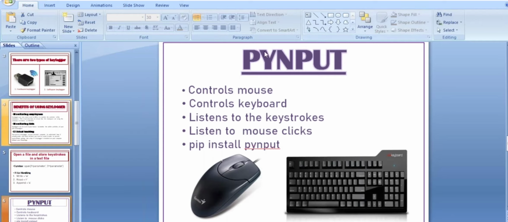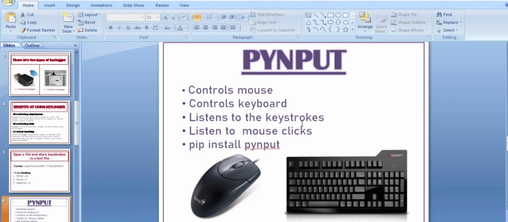Now, by controlling the mouse, what I mean is, if I want, I can move my mouse from one place to another. If suppose my cursor is placed over here, after writing my code, it will be placed wherever. Suppose I'm giving it a parameter as 200 and 100, so it will be placed somewhere over here. Now, by controlling the keyboard, if we press any key or series of keys, we can print it by using Python code, and it will be printed wherever we want. That I'll be explaining in the further slides.